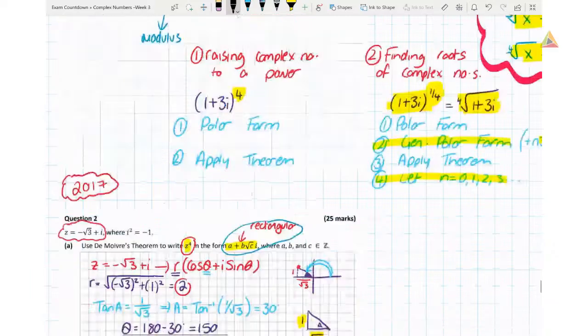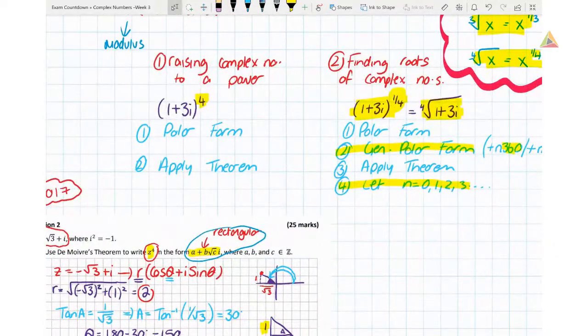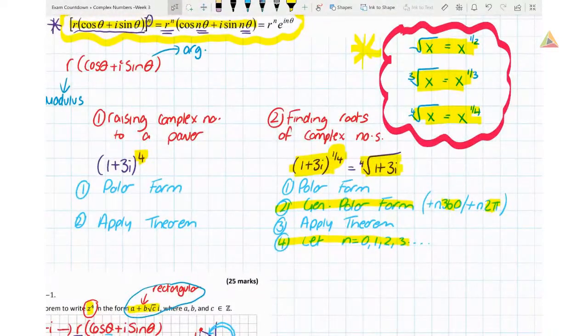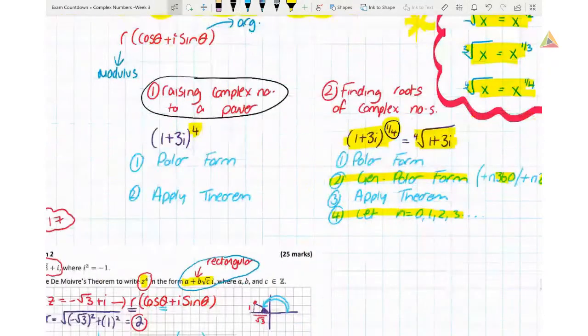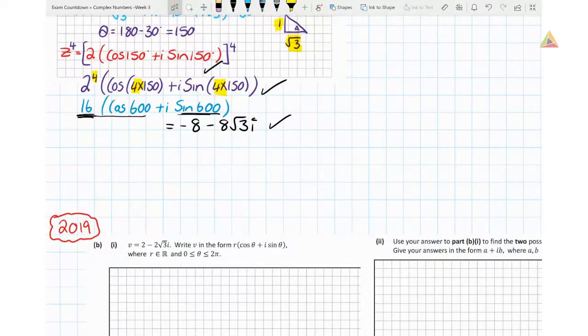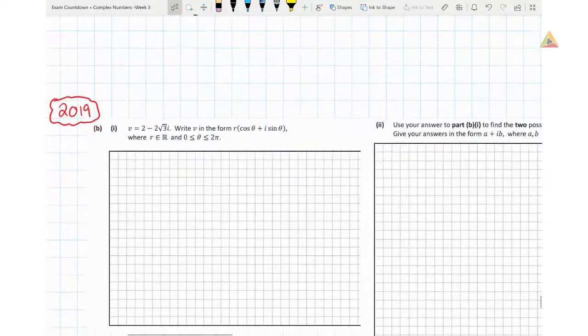Okay, so remember we said back up here, we've 2 uses for De Moivre's theorem. Number 1 is raising a complex number to a power. That's what we've just done. Number 2 is finding the roots of complex numbers, and that comes into play when our power is a fraction. Okay, because the fourth root is the power of 1/4. So next question we're going to have a look at is 2019, and this is again from paper 1,